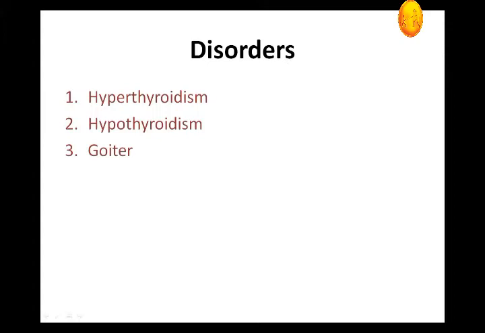Graves' disease is where there is hypersecretion of the thyroid hormone, but the reason is that it is an autoimmune disease. Then another reason for increased secretion of the thyroid hormone more than normal is thyroid adenoma. It is a small tumor which is responsible for the increased secretion of the thyroid hormone.